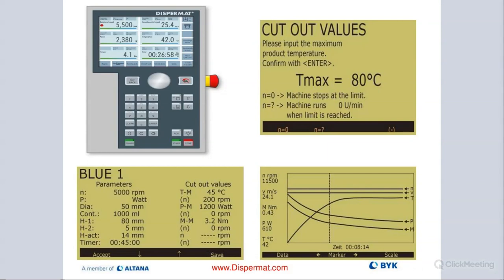And then on the bottom here, just giving you an example of a color, blue 1, and all the parameters as they are stored for that batch. So the next time you're running blue 1, you can use exactly the same parameters: H1, H2, the threshold settings, the container diameter, the diameter of our blade, the time, the temperature cutoff values. And on the new one, it actually shows us here the actual height of the blade in the container where we're operating. In this case, 14 millimeters is the height of our dispersing tool. So if you want to replicate blue 1 in the future, all you do is recall it, and then you create the same batch every single time, so that the Dispermat gives a very repeatable